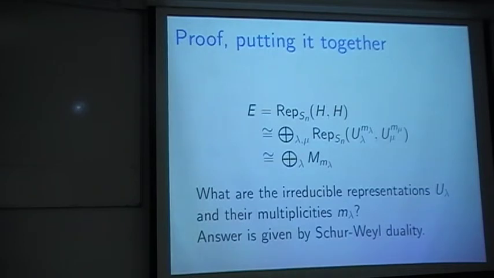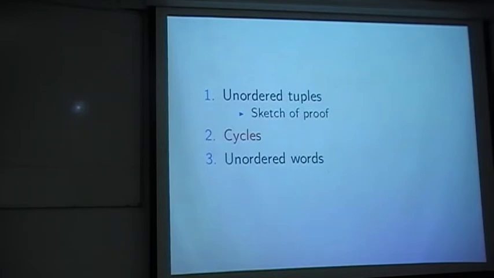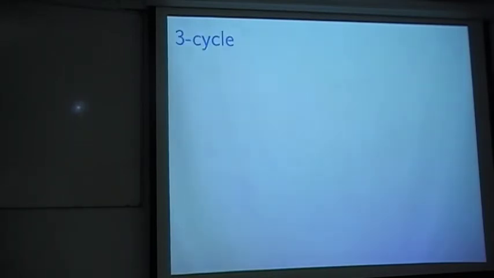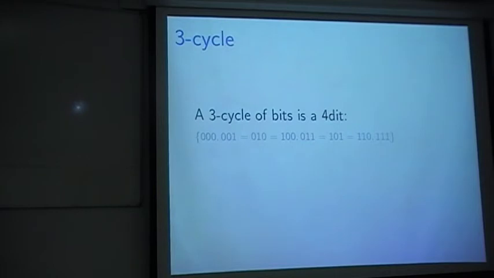But we can also apply it to some different types, not just unordered ones. So, for instance, cycles. What is classically a cycle? It's like a necklace with colors, with two colors. A 3-cycle is a necklace with 3 beads and 2 colors, and then you have 4 possibilities. You have 0, 0, 0. You have this one, and then the equal sets are when you cycle it, and then another and another.